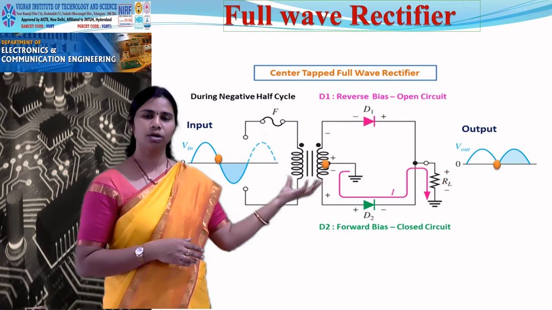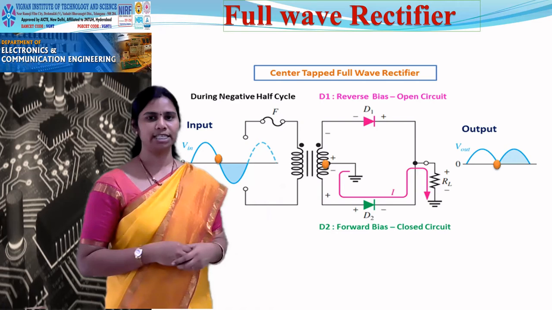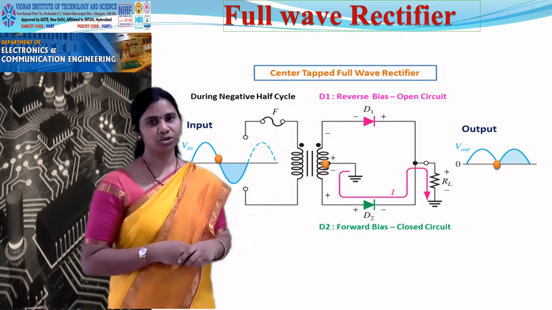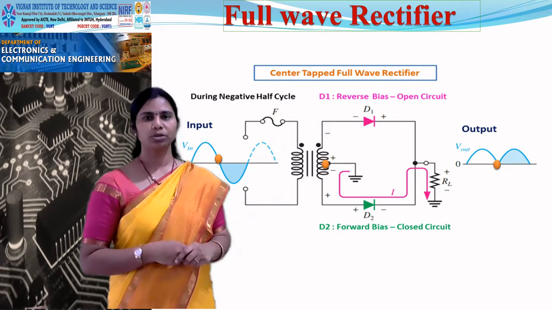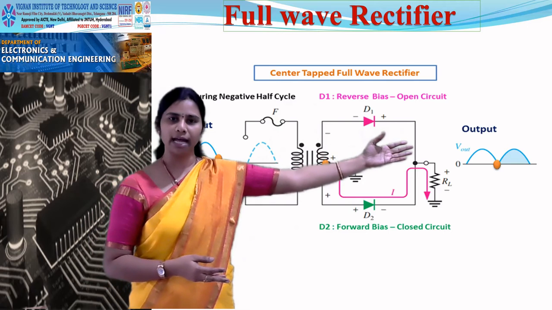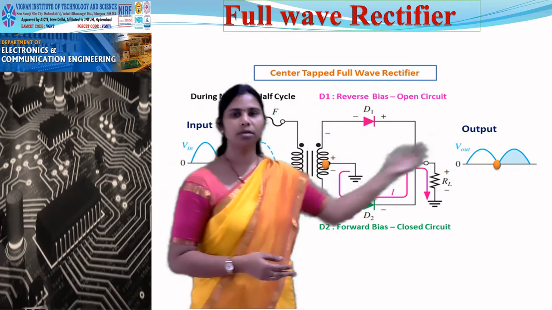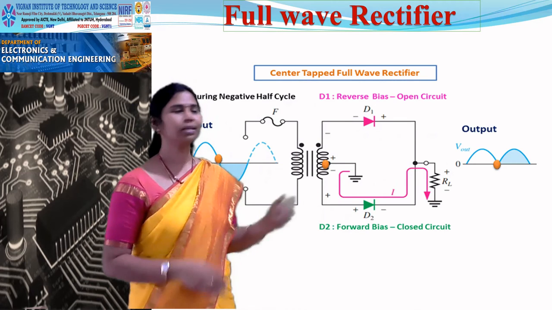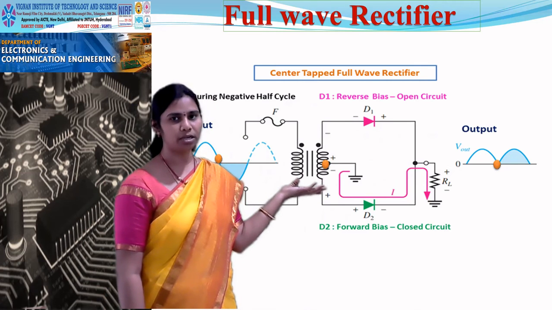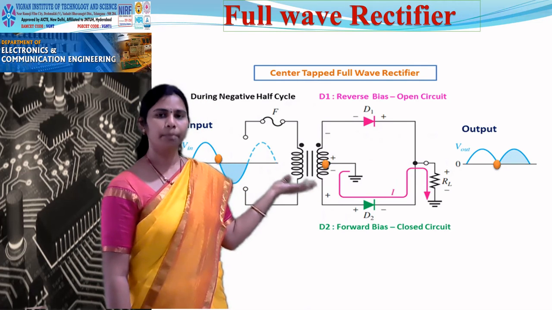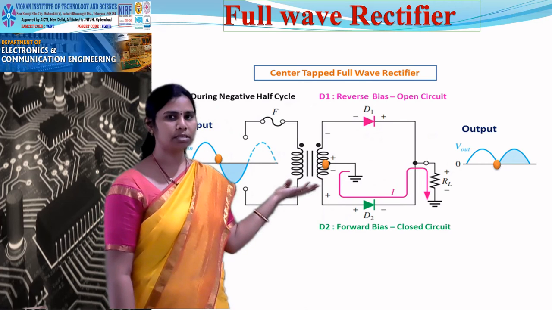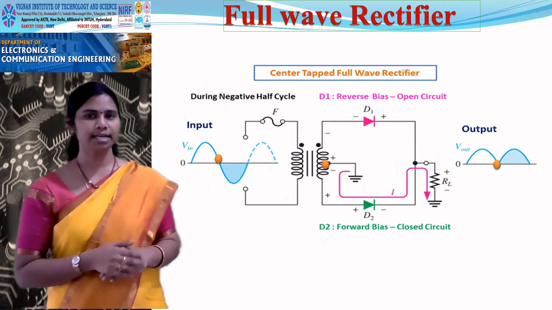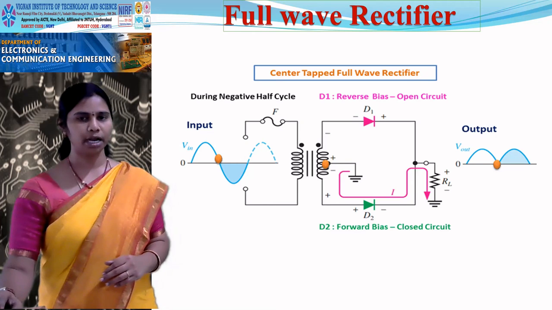So to replace this, we replace it with a normal transformer, but that replacement is done with the addition of 2 extra diodes along with D1 and D2. So the advantage is that you will get full rectification, but you will have 4 diodes instead of 2 diodes. That is a disadvantage, but the bridge rectifier eliminates the bulky transformer with the addition of 2 diodes to give full wave rectification. In the next lecture, we will see about that bridge rectifier and how it operates.